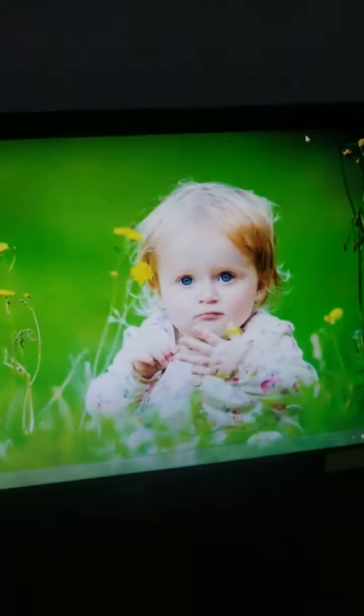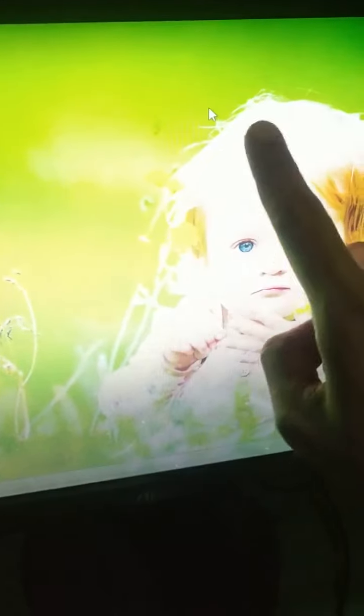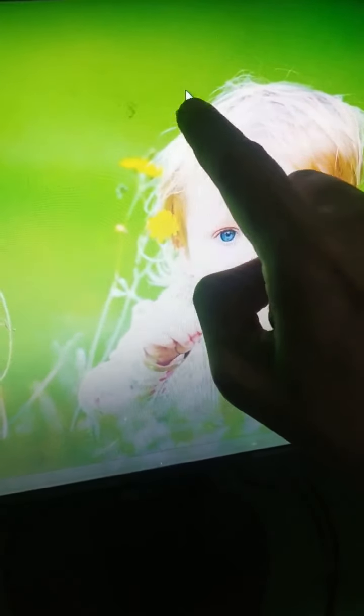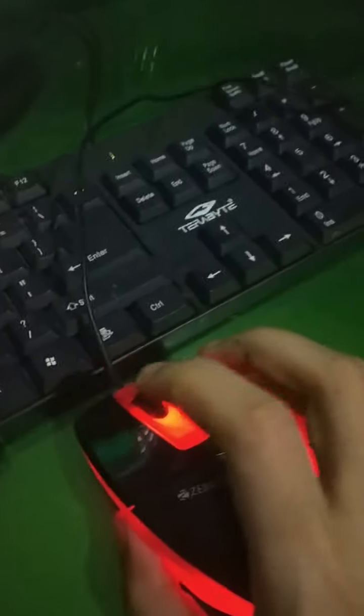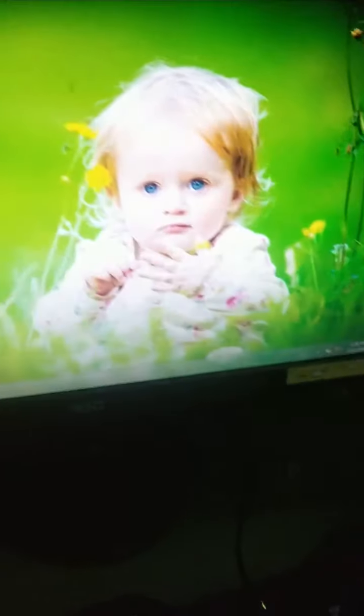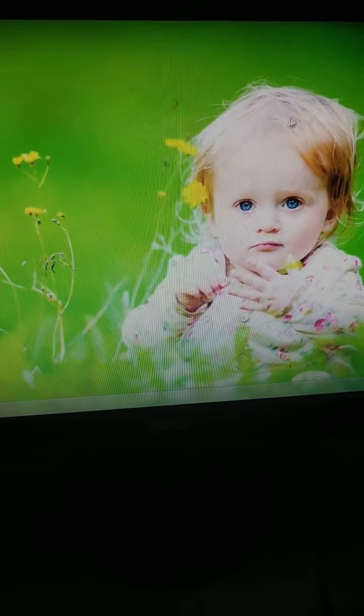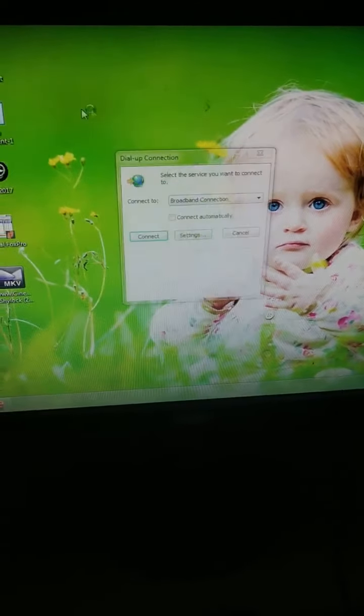So if you click it one time, it will select a file. Look here, and I told you about this sensor. Look, when we place this mouse on top, this light will come on. That is, the sensor is on. So look here, this is the mouse pointer. Can you see an arrow on the screen? This is known as the mouse pointer. We control this pointer using our input device, that is mouse. Look, when we move this mouse on top of the desk, where is the mouse pointer? Look, it is moving in the same direction when I move this mouse in any direction.